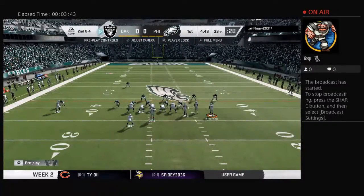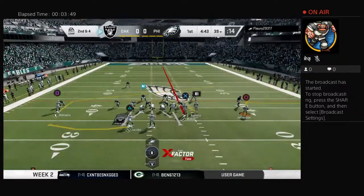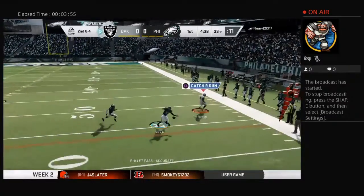6 yards on that last play. Here's second and 4. Tighten up, tighten up. Pull it together. Hey, let's get this,